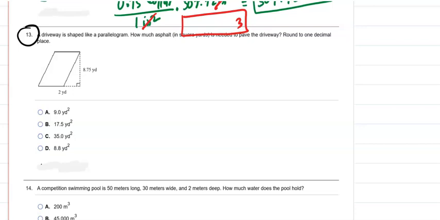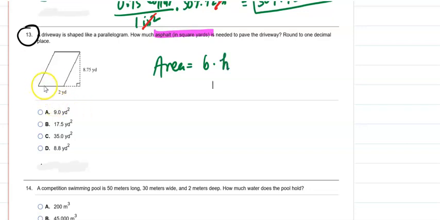So, see, square yard is needed to pave the driveway. So basically, you're looking for the area of this parallelogram. Again, we did that question before. The area of the parallelogram is going to be base multiplied by the height. The base here is 2 yards, and the height is 8.75 yards. So you multiply 2 yards with 8.75 yards, that gives you